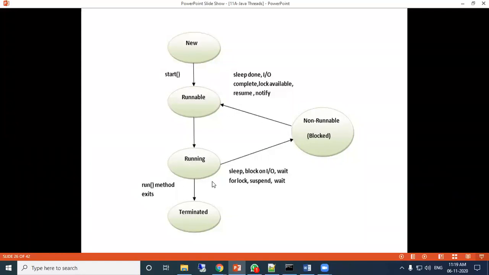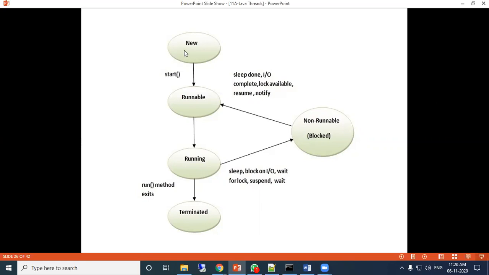After the process completes running, then it exits. That is the terminated state. So means when you close that thread, that is called a terminated thread. So these 5 states of a particular thread, this is called the life cycle. First is new, then runnable, then running, then terminated, and in the middle of runnable and running, this is non-runnable or blocked.